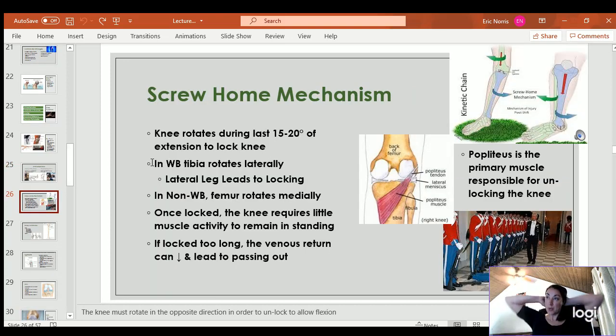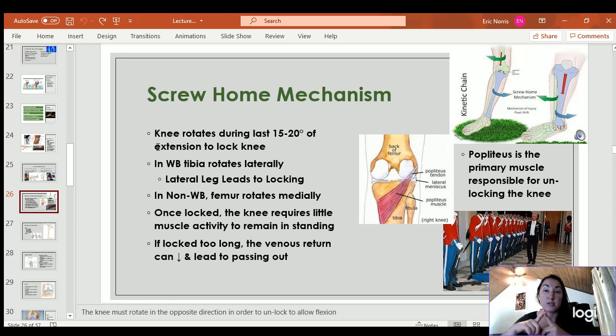Now the screw home mechanism. So this is what allows your knee to lock. Right when you're doing your last few degrees of extension, about 15 to 20 degrees of extension, the knee actually rotates laterally in order to lock. So in weight bearing, it's the tibia that rotates laterally, and what we do to remember that is lateral leg